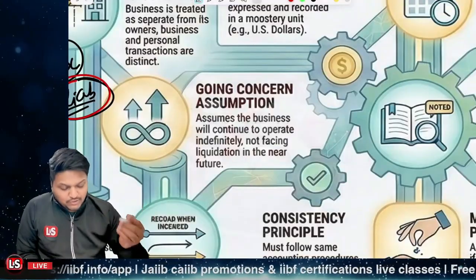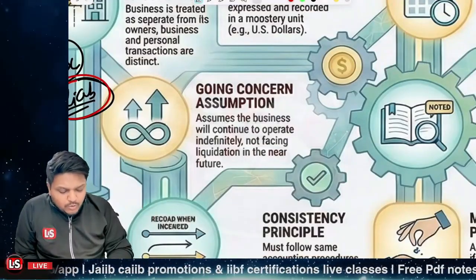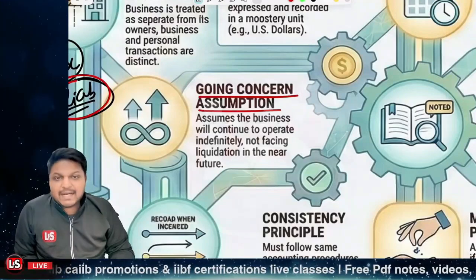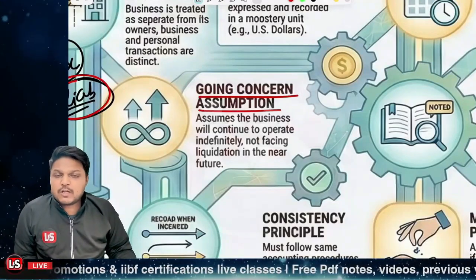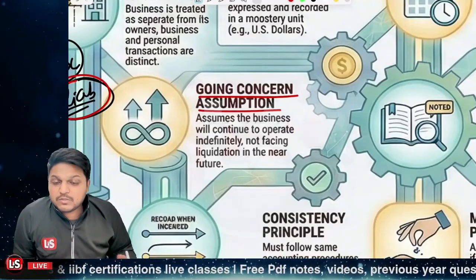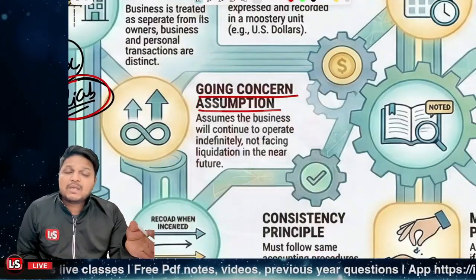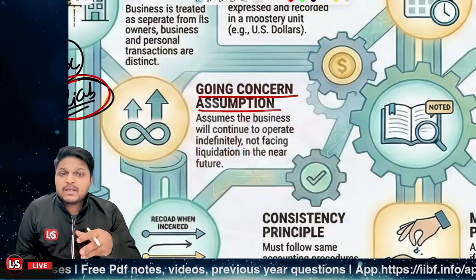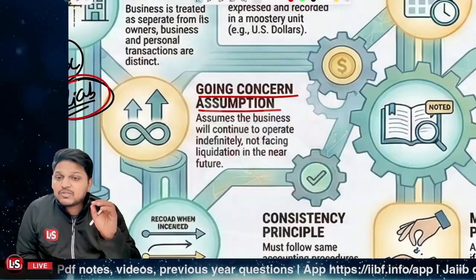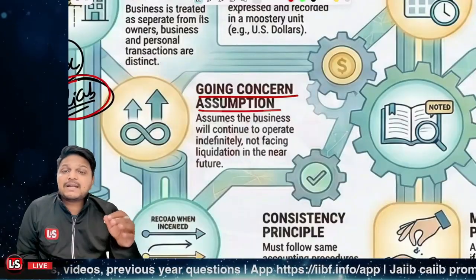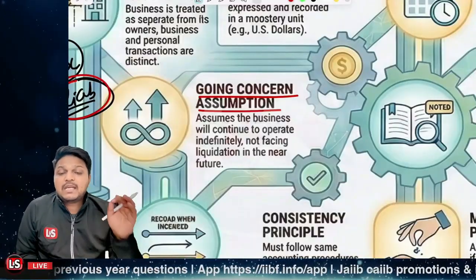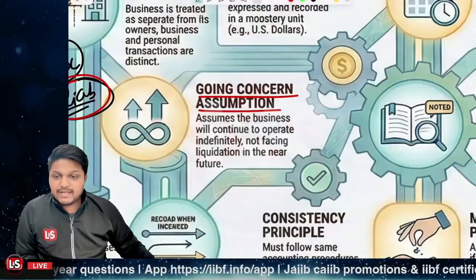If we assume that the business is going to liquidate, in that scenario we cannot be restating the prices at the cost price. We have to restate them at the current price, right? And that is the point of the assumption: that the business is a going concern and it is going to operate for an indefinite amount of time, right?